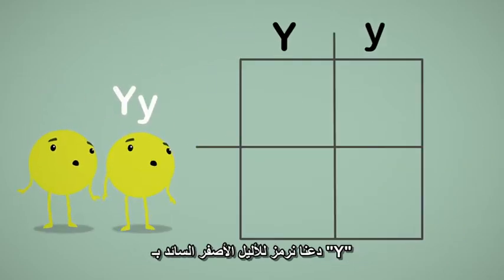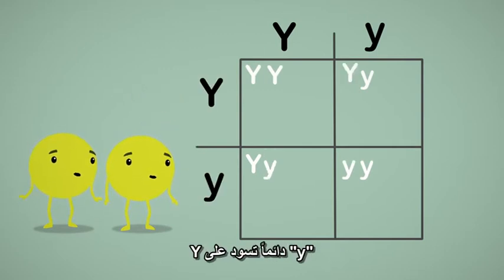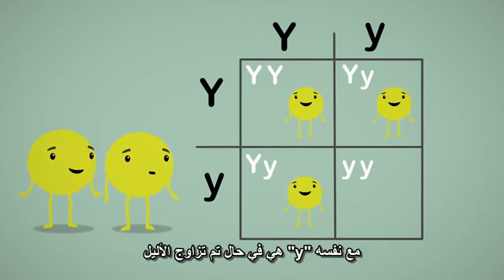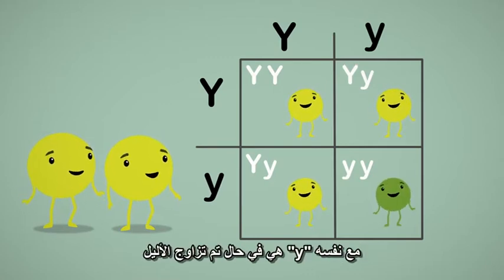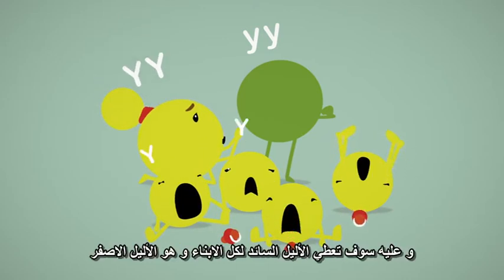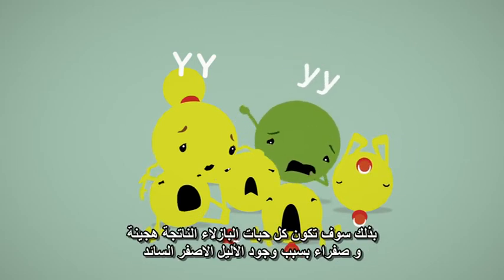Let's write the dominant yellow allele as an uppercase Y, and the recessive green allele as a lowercase y. The uppercase Y always overpowers his lowercase friend, so the only time you get green babies is if you have two lowercase y's. In Mendel's first generation, the yellow homozygous pea mom will give each pea kid a yellow dominant allele, and the green homozygous pea dad will give a green recessive allele,